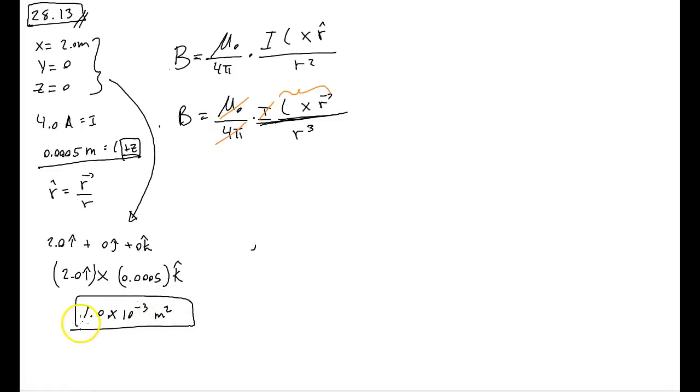So we got the r vector already crossed, and we just plug in here. Okay, so we got that now. And then the r cubed,